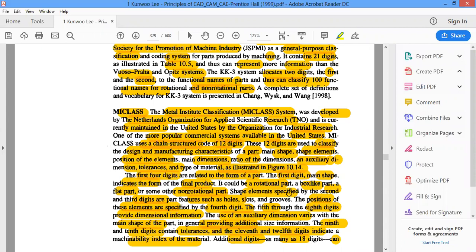Wherever there's a major change in the dimensions of the part, they will go for this type of system, because there's a greater change between the part before it is manufactured and after it is manufactured.